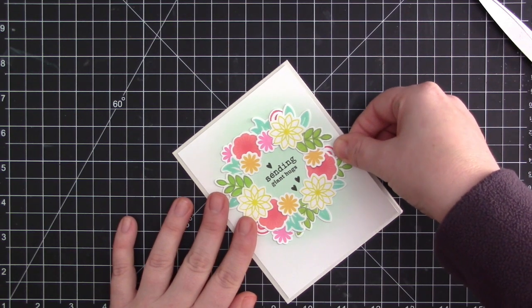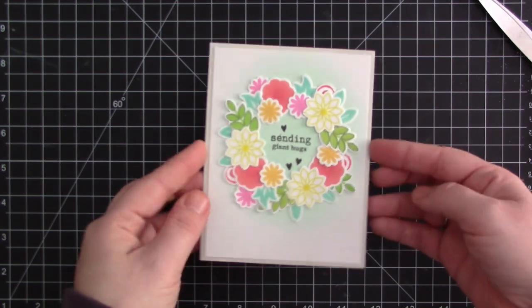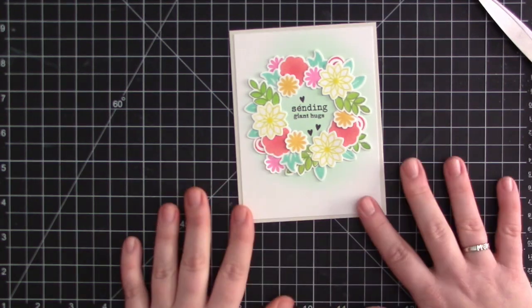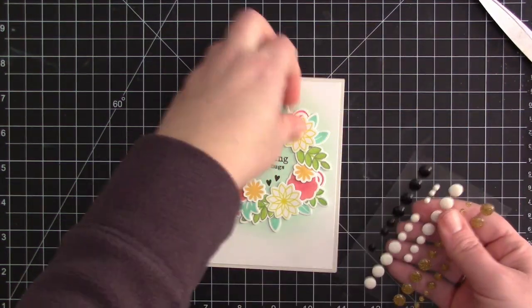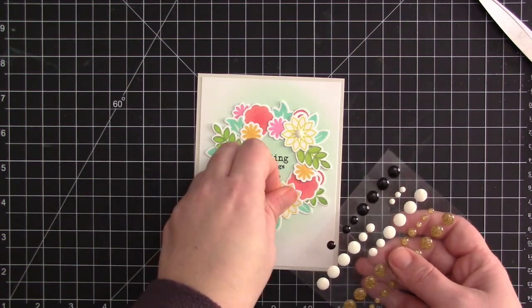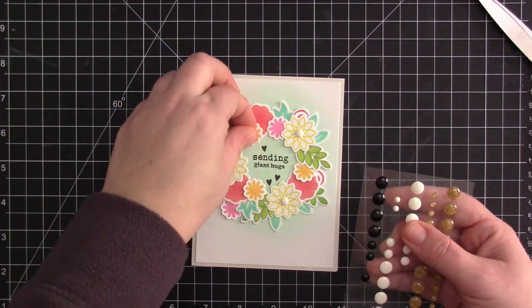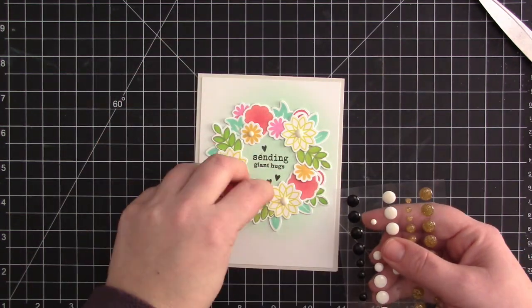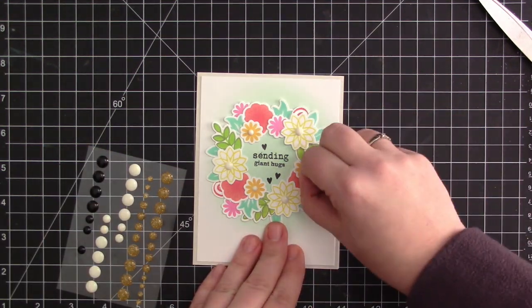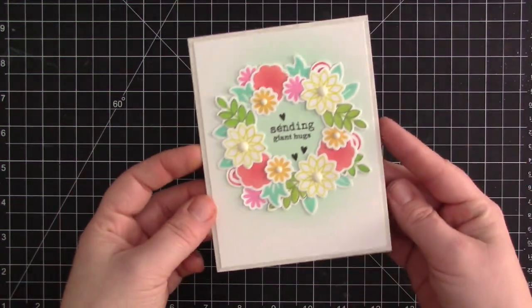So I'm just going to add the panel, which I did trim down a tiny bit like I mentioned before. I'm adding that to a gray card base. And then to finish it off, I wanted to add a few little gems to some of the flower centers, just to add a little pop of something. But I didn't want them to overpower the beautiful flowers, so I decided to stay very muted and just use white gems. And I didn't change it up. I used the exact same color. I just used a few of the larger ones and then a couple of the smaller ones on some of the tinier flowers. And then once I have those positioned onto my flowers, that is going to complete this spring-themed